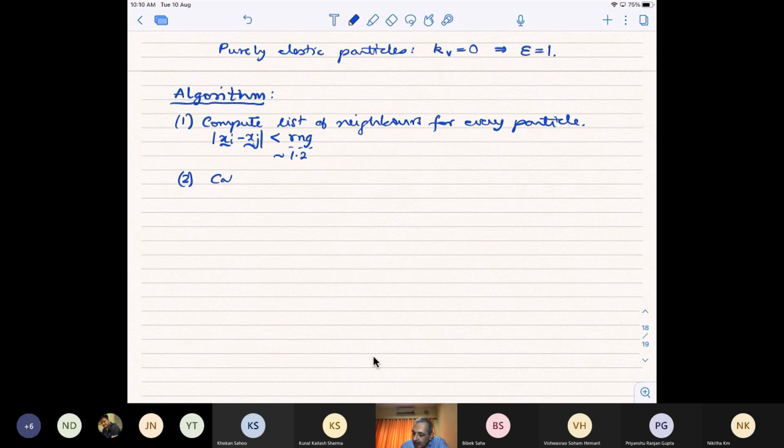Then next is to calculate Fij, that is the force acting on i due to all particles j for every i particle, using the neighbor list. And then the third step is to update the positions and velocity of the particles